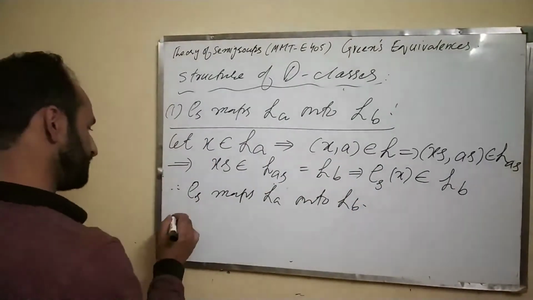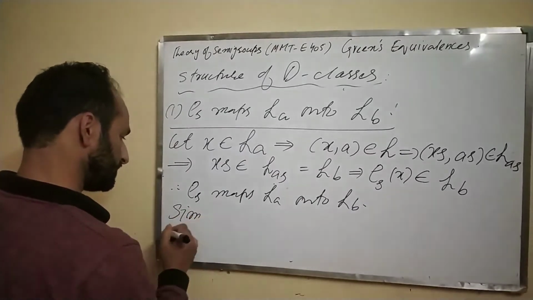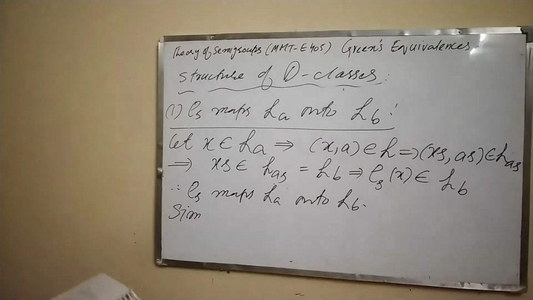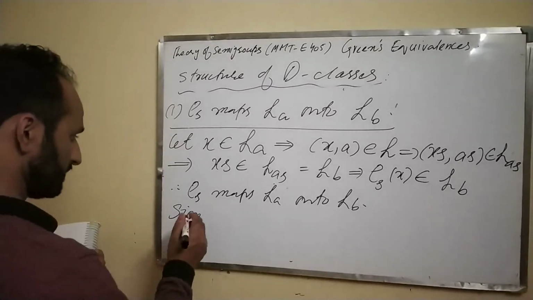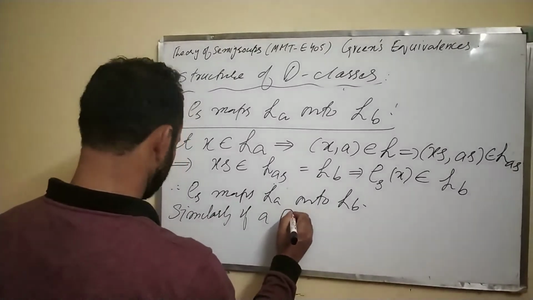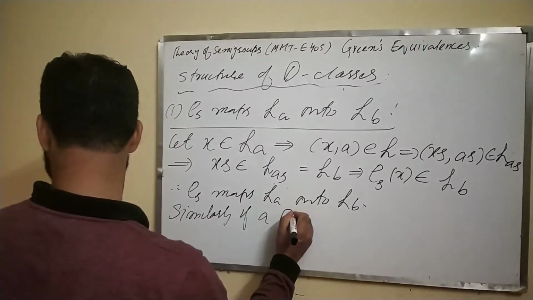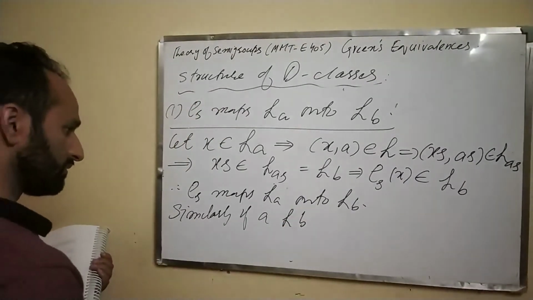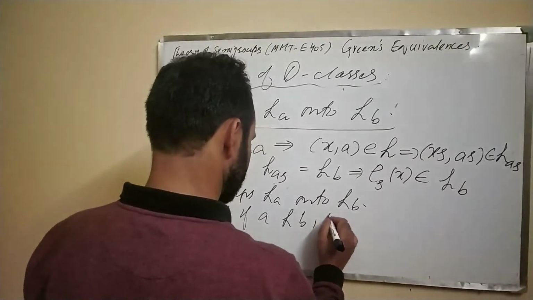So similarly, we define this relation. It's a left translation. We define left translation dually by choosing similarly. If A is this, in the first case it was R related. Now we say it's related to B. So then there exists